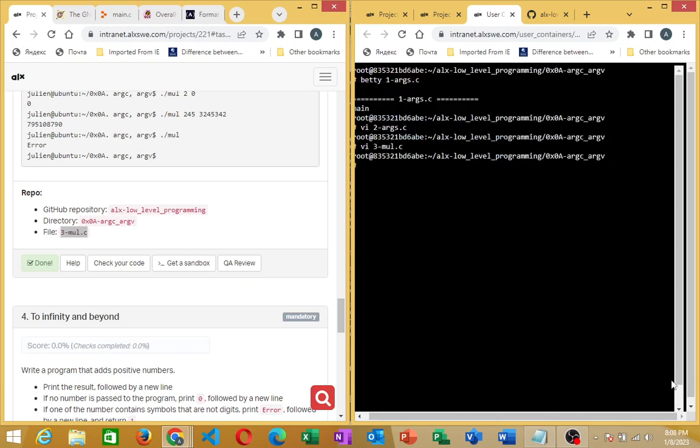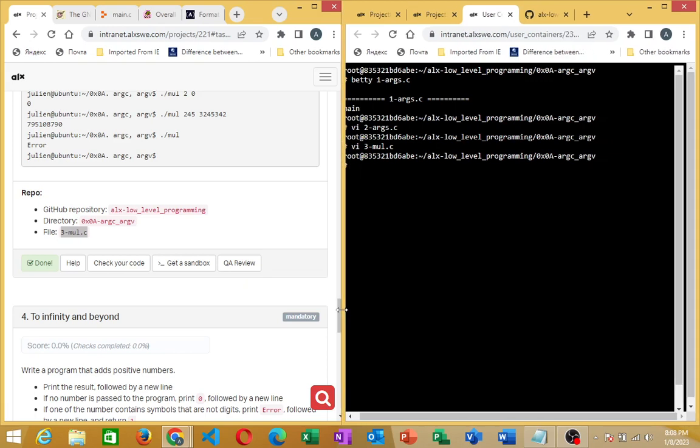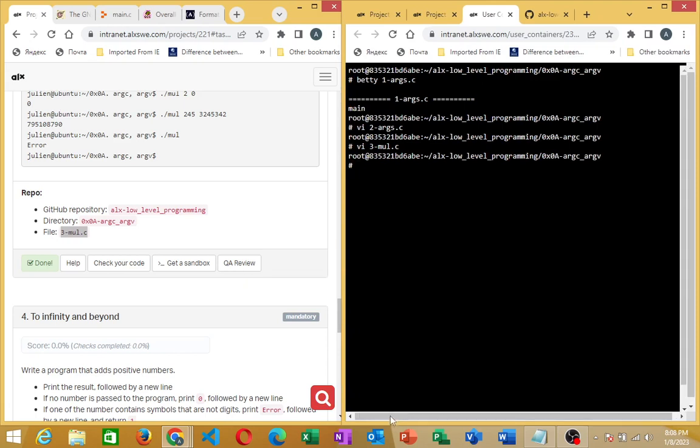So once you are done with that, you can do your Betty. Do your Betty file name. Start doing Betty, then you can do your git add dot, enter. Do your git commit -m, your commit message,